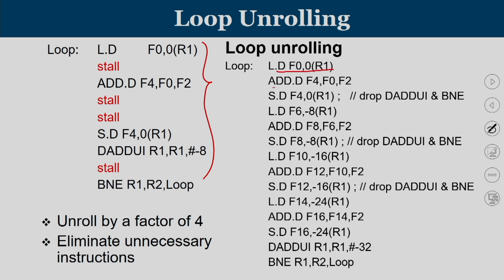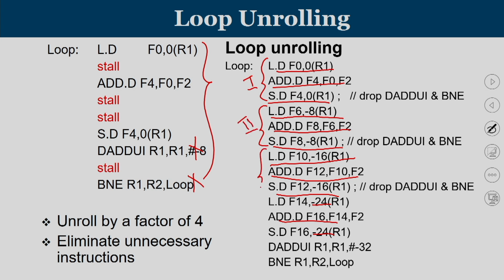So this load, add and store. You remove these 2 instructions, you go and find out what is the next load in the next iteration. So the next load is load of -8 of R1, then you have to add, you have to store. Then you go to the third iteration, -16, then you go to the fourth iteration. So in all these cases you have only load, add and store. This is iteration 1, this is load, add and store, that is iteration 2, again this is load, add and store, this is iteration 3, and you have iteration 4.